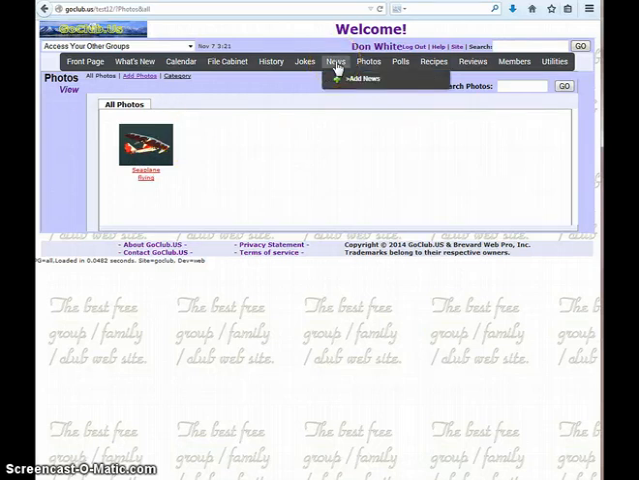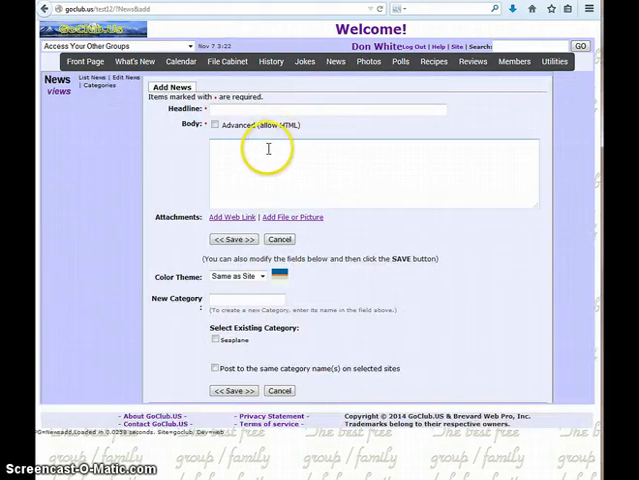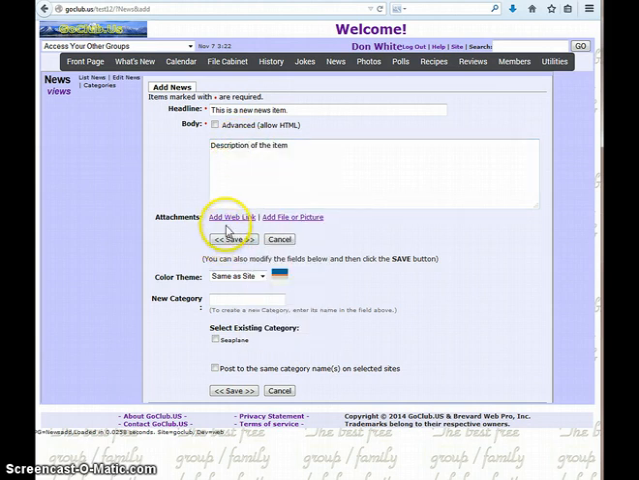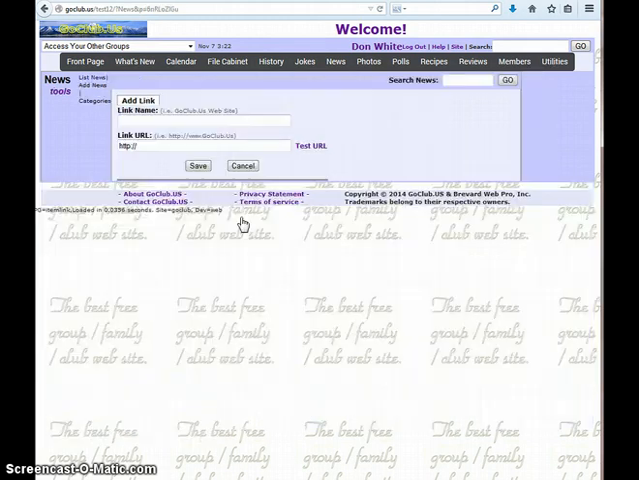For example, the news, which is probably the second most popular feature on the website, is you can add a news item. And we can say this is a new news item here, and put a description of the item here. And as you can see, misspelled words are going to be corrected here within the browser. You can also add attachments to this particular news item. You can either add a web link attachment, and this is an example here, and you say web link is yahoo.com,